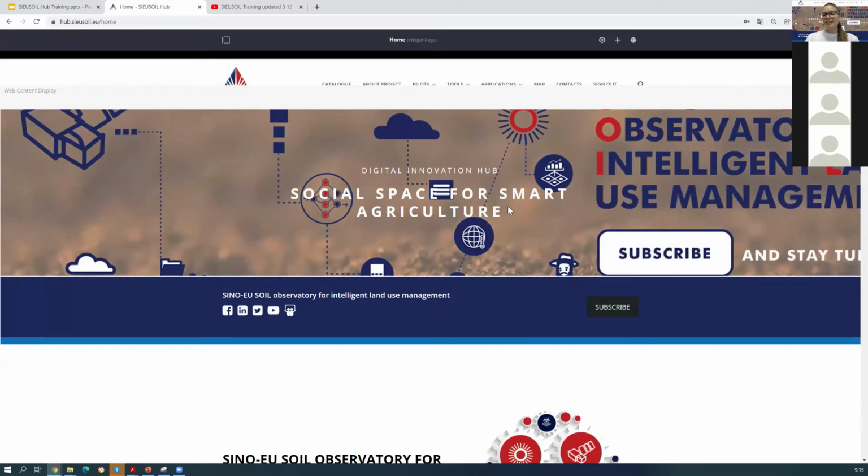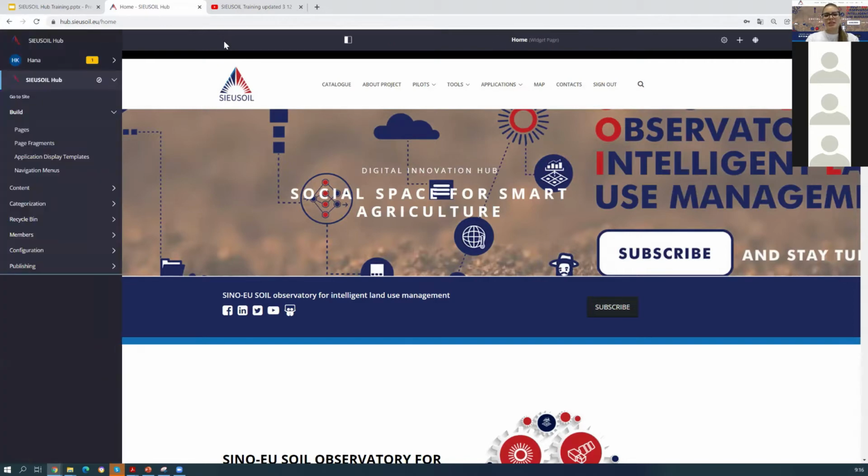After you sign in to the SIEUSOIL Hub, you can see at the very top of the SIEUSOIL Hub a dark panel. This icon is the main menu of the library portal of the SIEUSOIL Hub, and it provides you an option for editing your account information and also to log out from the SIEUSOIL Hub.